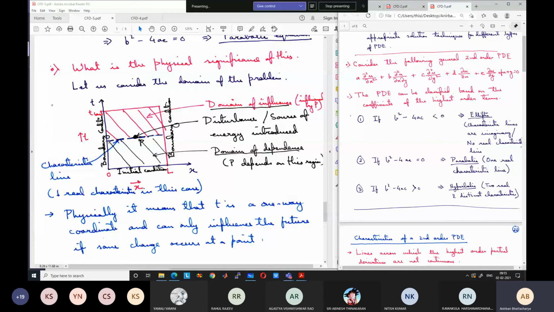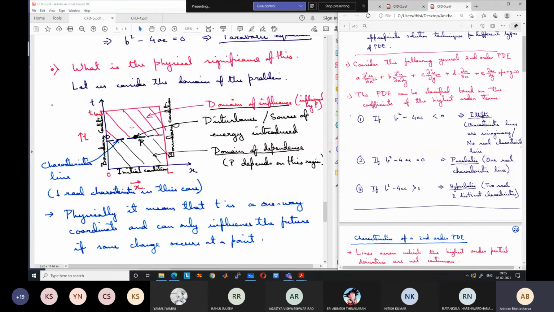So it is bounded here by this horizontal line. The black hashed line, this region going from time t equal to 0 up to this point, can influence this point P. So this region is known as the domain of dependence of P, because P depends on this region. P influences the top region, P depends on the bottom region.